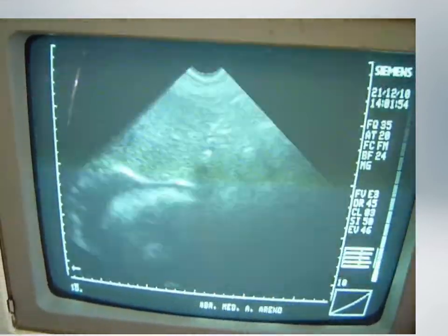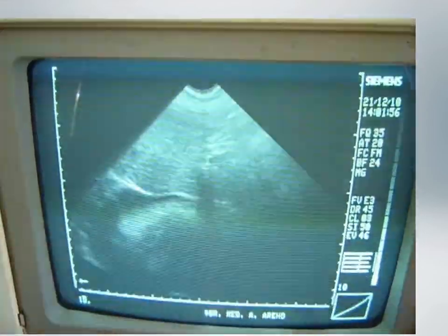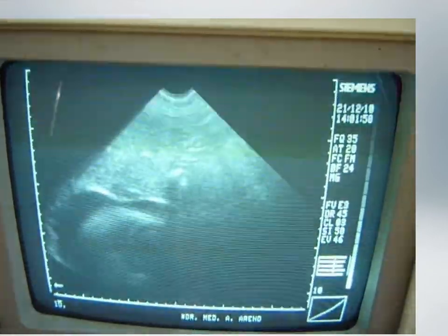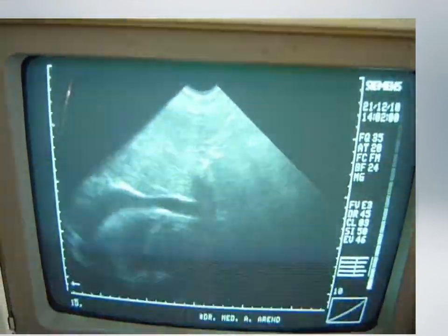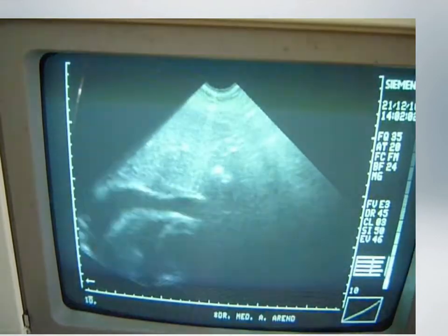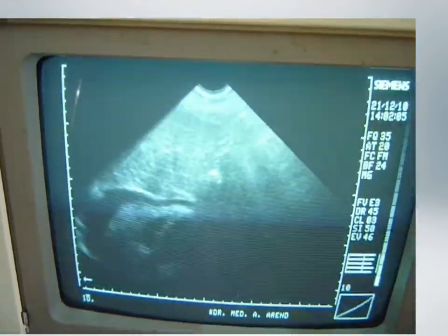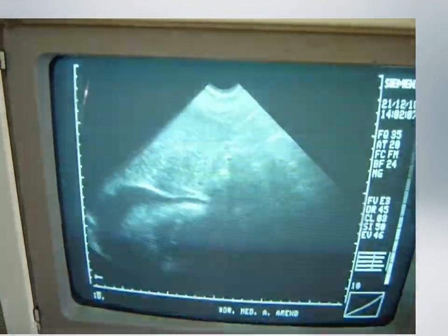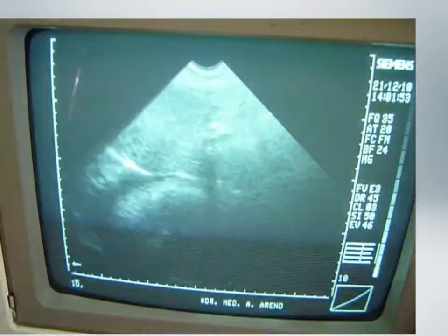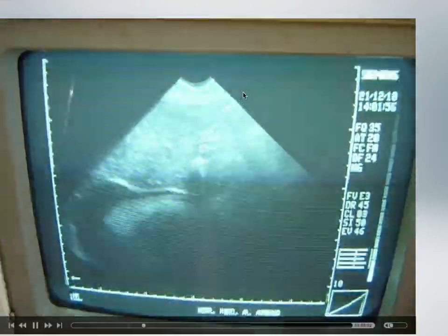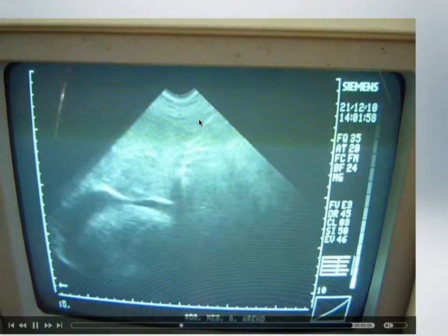Now, this clinic had an ultrasound that no one knew how to use because it was donated from Germany, and there was nobody who could use the machine. And if they wanted to learn, the instructions were in German. A little difficult. But if you look here from a subxiphoid view using a small video camera, digital camera,